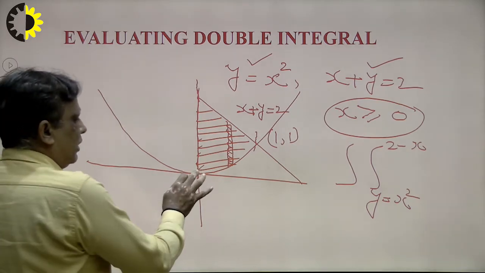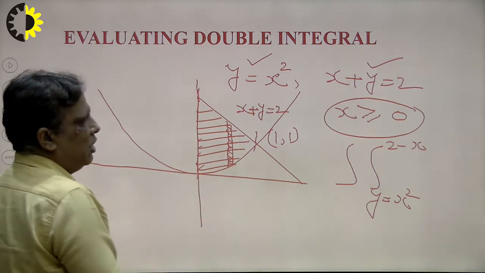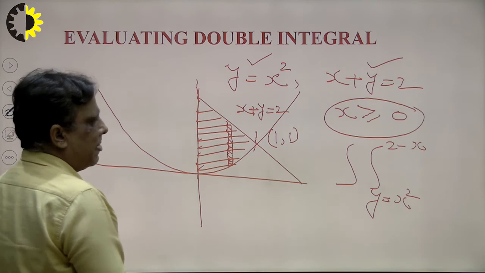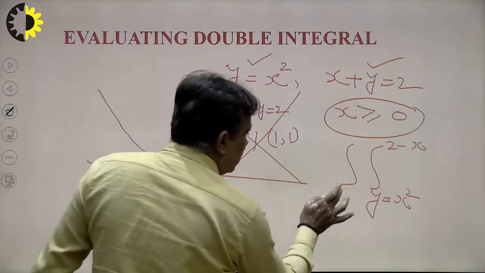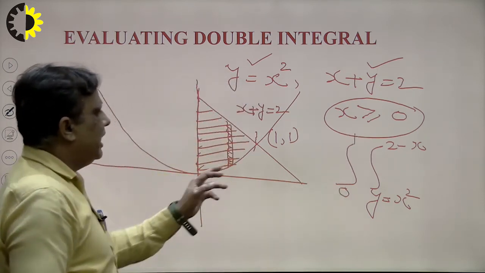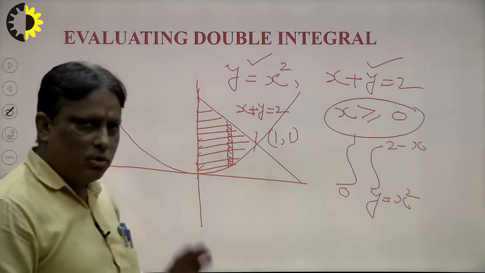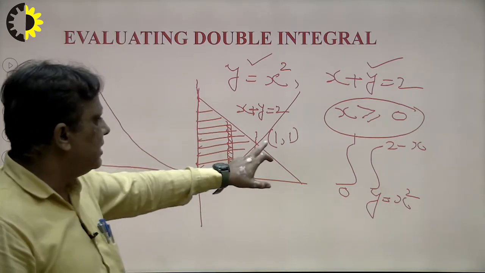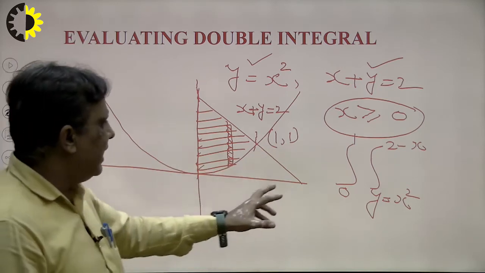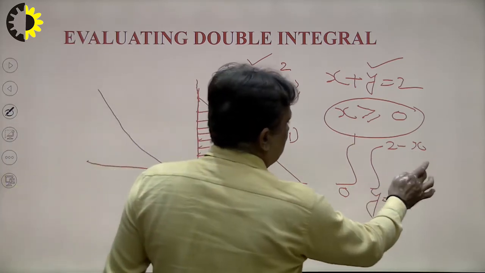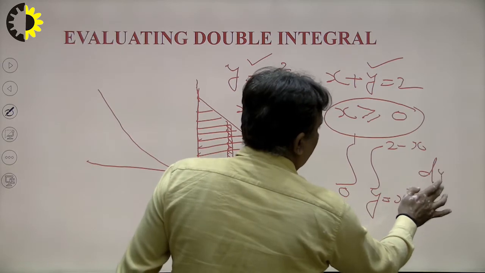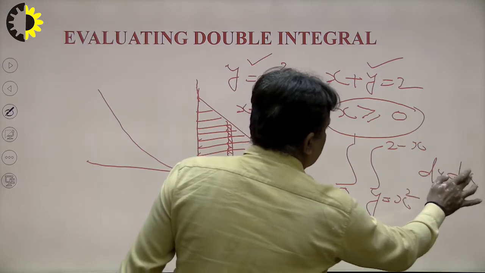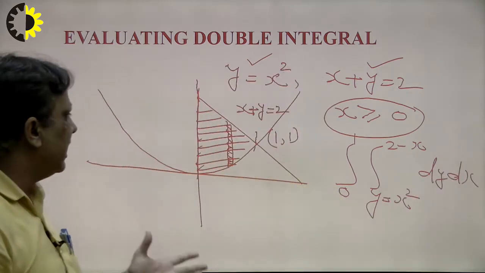What will be the limit of x here? There are 3 coordinates, first, second, third here. We can see it is 0 to 1, because in all 3 coordinates the minimum x is 0, since this is 0 comma 0, this is 0 comma 2 and this is 1 comma 1, and the highest value of x is 1. So in this way we can solve the integral, first with respect to y and after this x. So in this way we can calculate the limit.